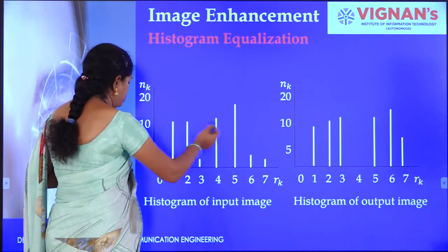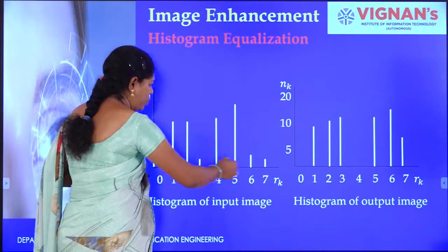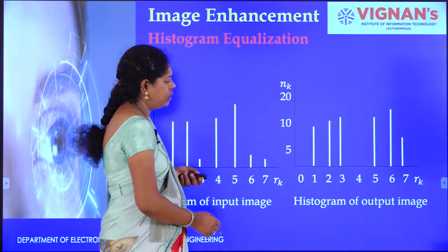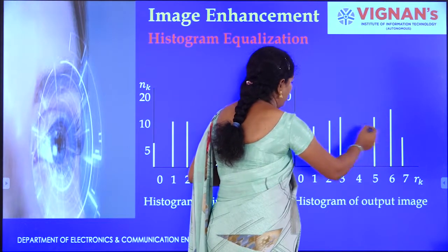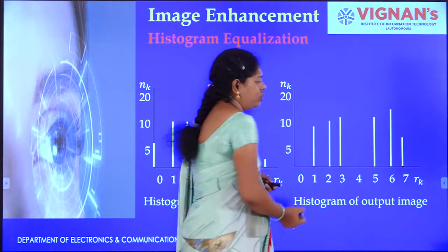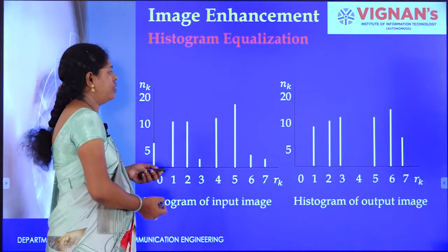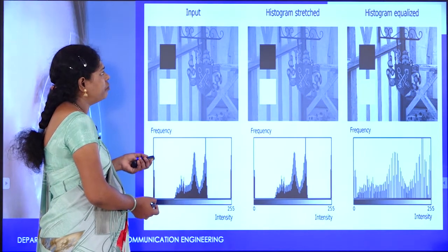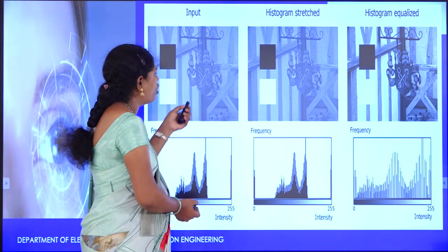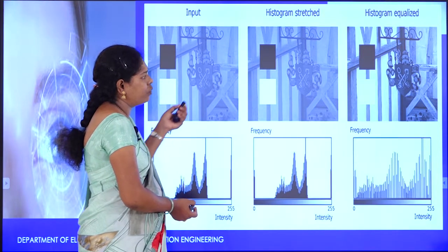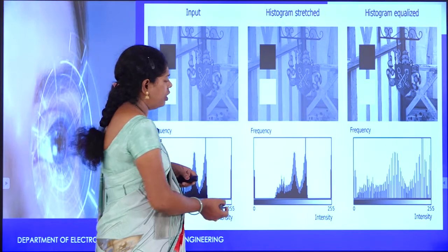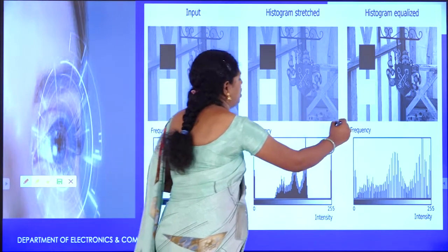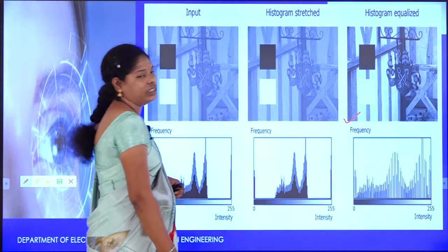Let us see, this is the original histogram of the input image. It spreads over the region, but the intensity values are not uniform. Coming to the equalized histogram, here it is almost normalized, almost uniform. Let us see the example of this. This is the original input image. Stretched means somewhat better compared to the original image. Equalized means fully equalized. Here we will get the best image by performing histogram equalization.